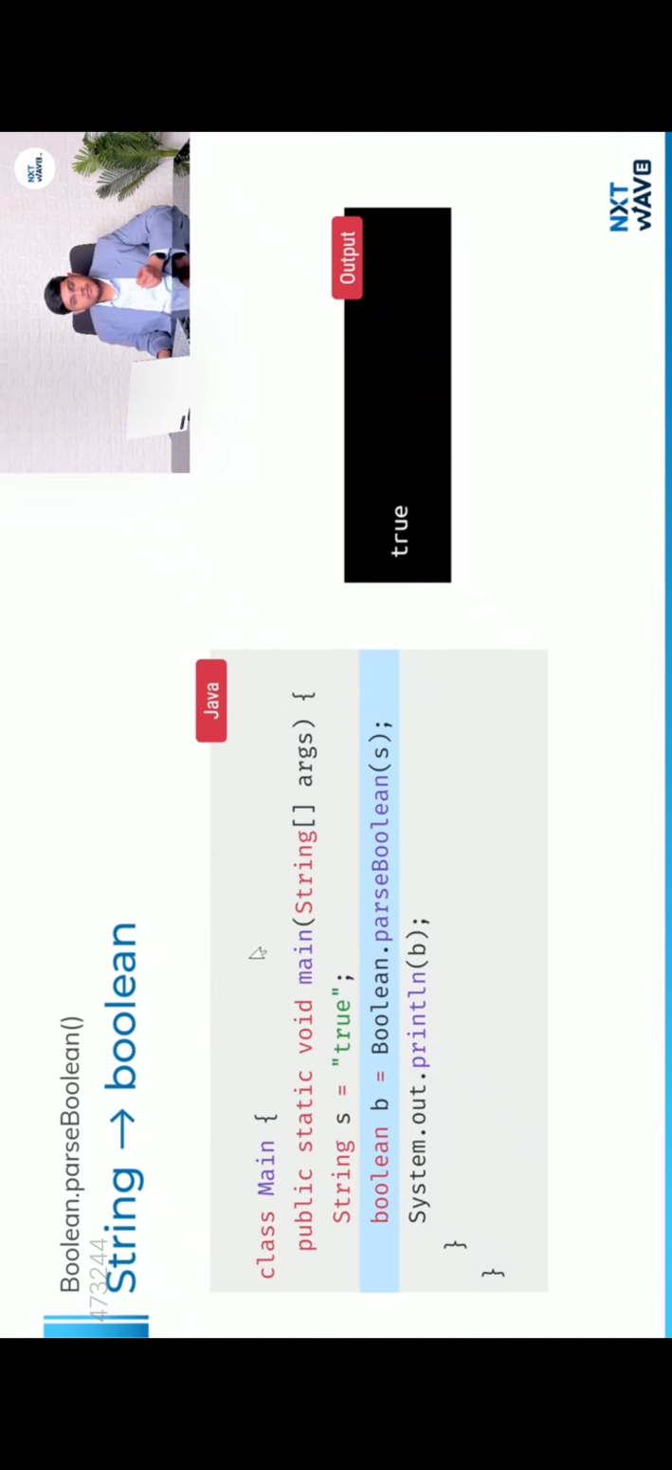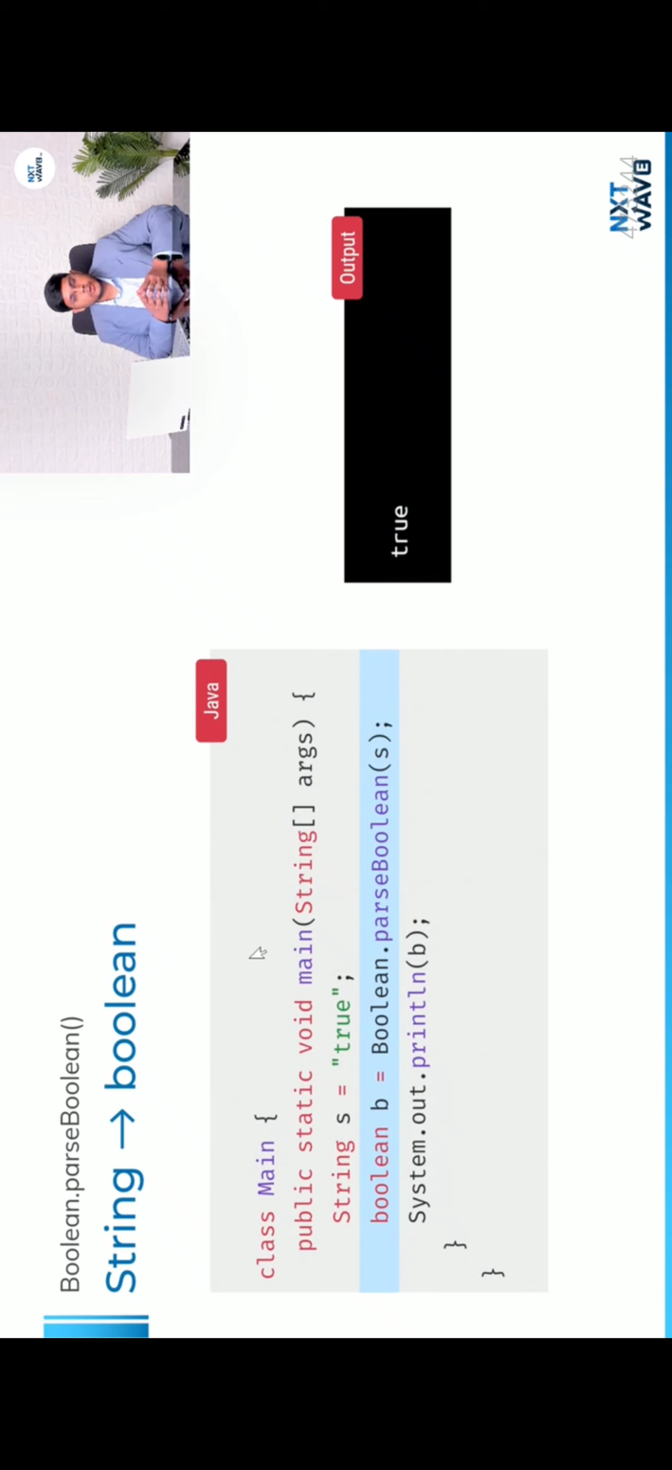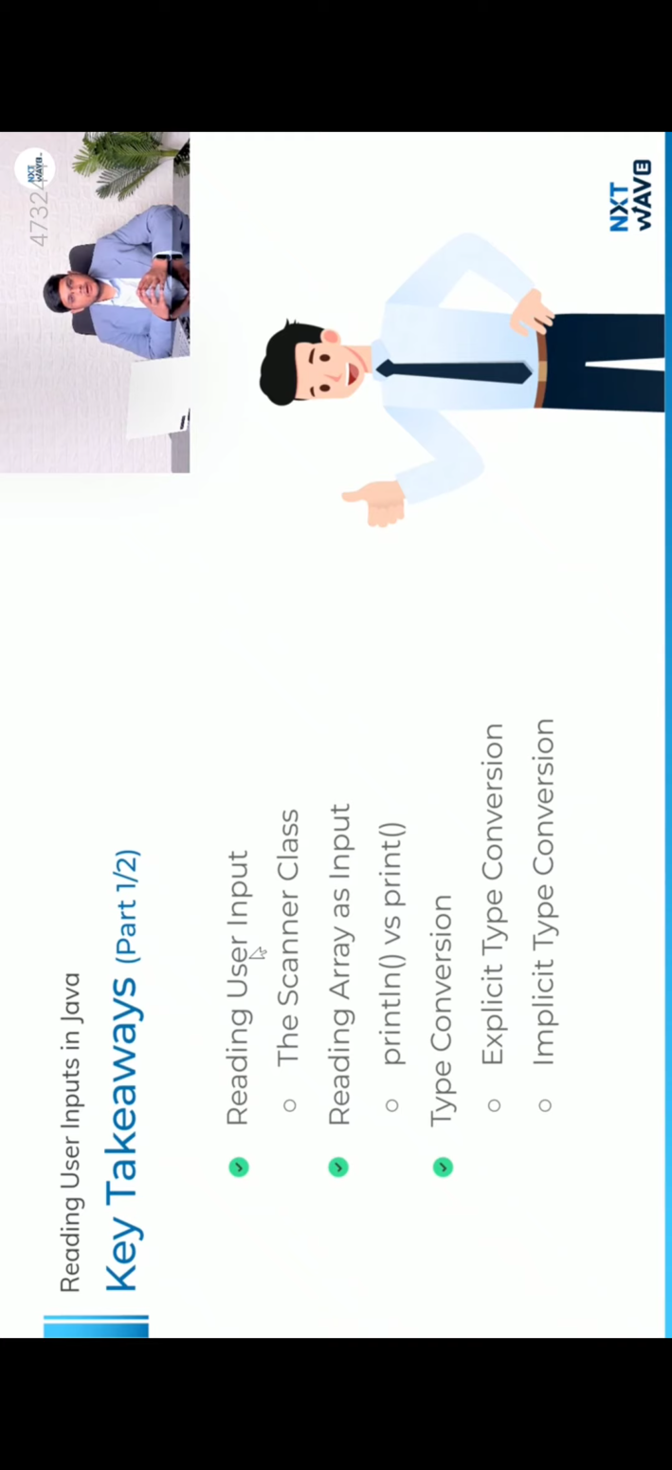Similarly, if we want to parse a boolean value present in a string and convert it to a boolean value, you can use Boolean.parseBoolean. Here again, in the variable s, the string value true is stored. Now we want to convert it into a boolean value. For that we have used the Boolean.parseBoolean method to convert the string value to boolean value. Similarly, you can do it for float values as well. So far in the session we have learned about how to convert